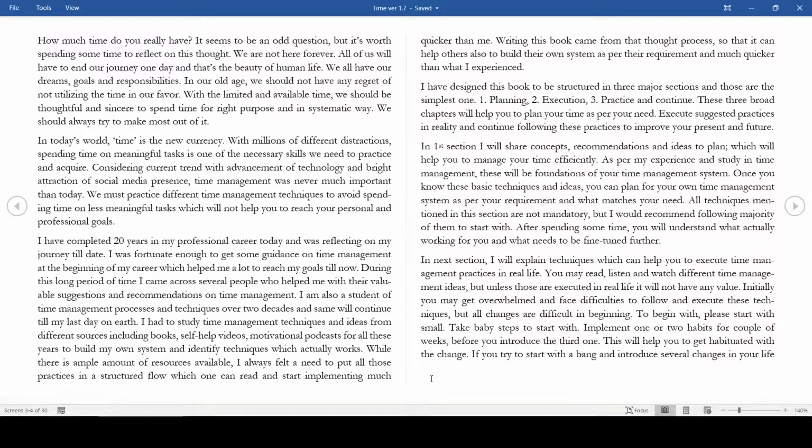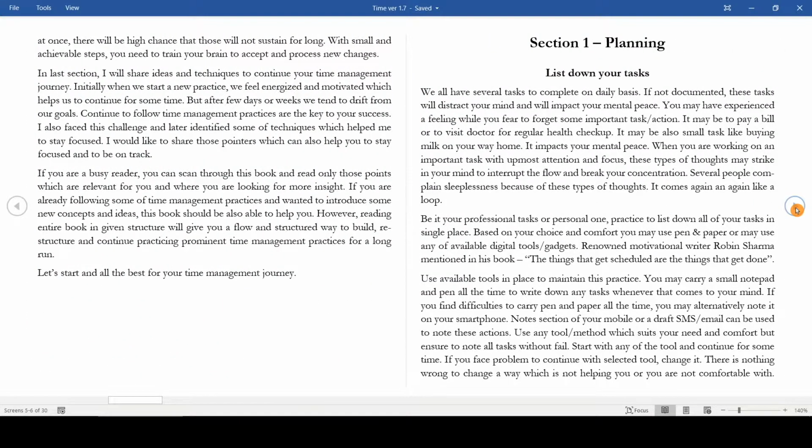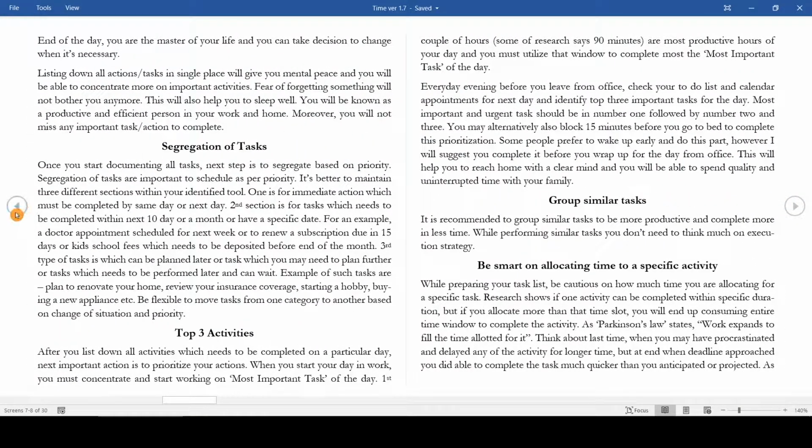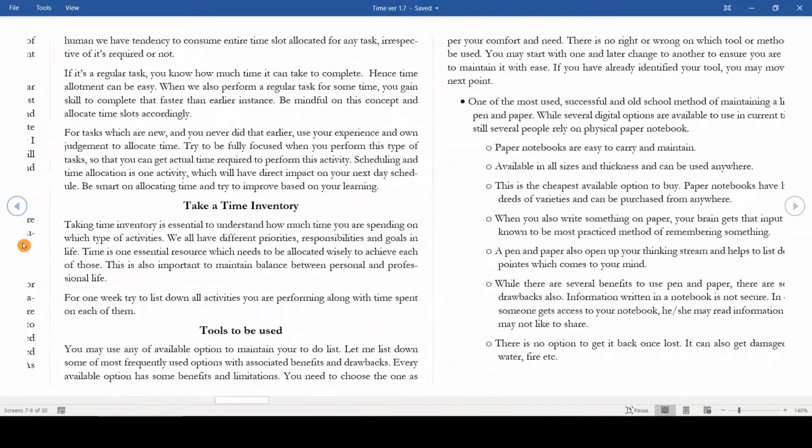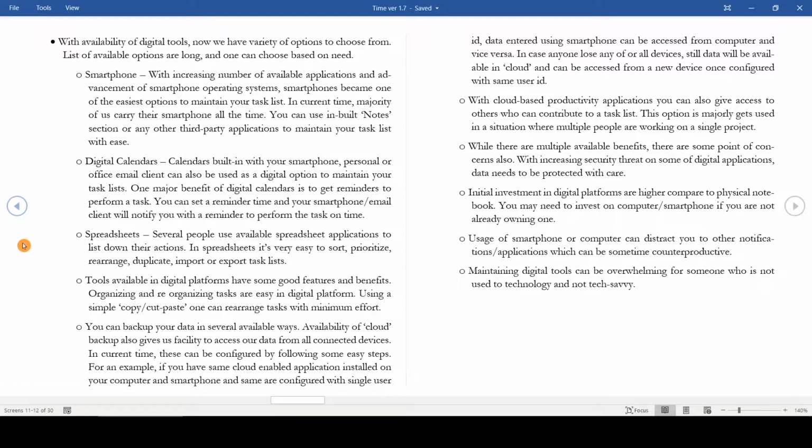Now in this particular view, you can scroll through the different pages by clicking on this particular arrow in the right side, and in the left side also another arrow is there. You can also navigate using your keyboard. So that also you can do by using left and right arrow. You will be able to scroll through different pages. Now let me show you what are the other features available.